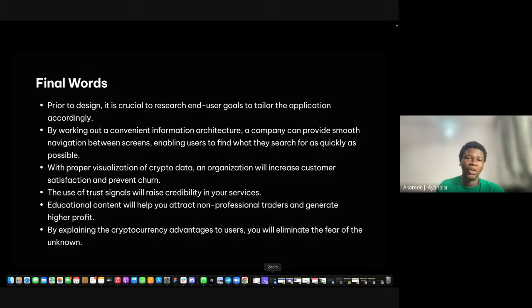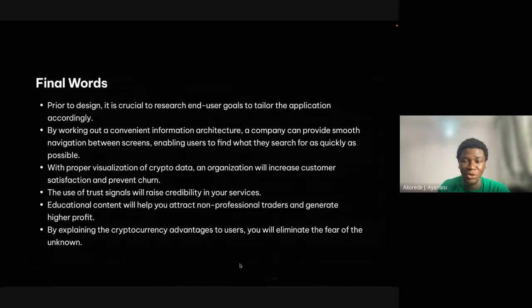So when you're building a product in Web3, make sure you are putting that at the back of your mind to provide educational content, so that when users come on your platform, they can easily navigate through, they can easily learn how to use certain things on your platform without minimizing your app and going to Google to search for information, right? And lastly,